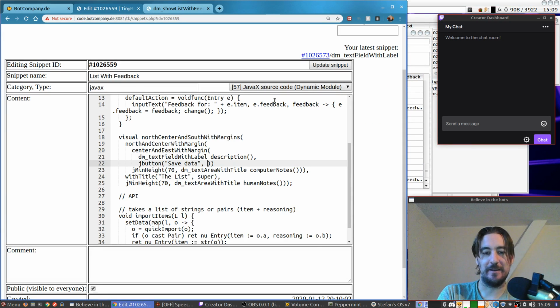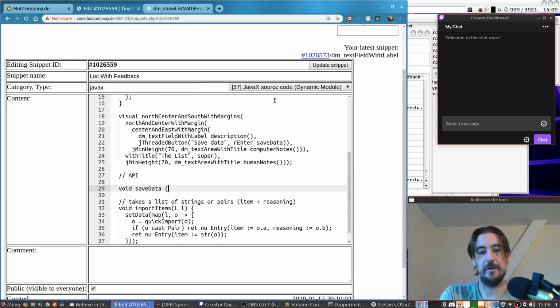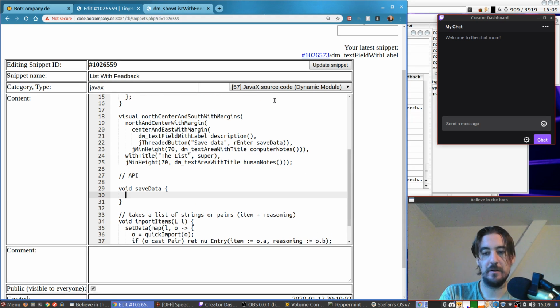Save data. How about that? Do it in a new thread, not in the GUI thread, and save data. That's considered an API function. Why not? We need a directory, so X data directory, lists with feedback.